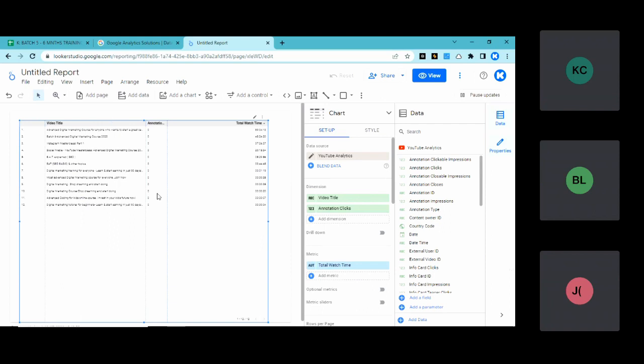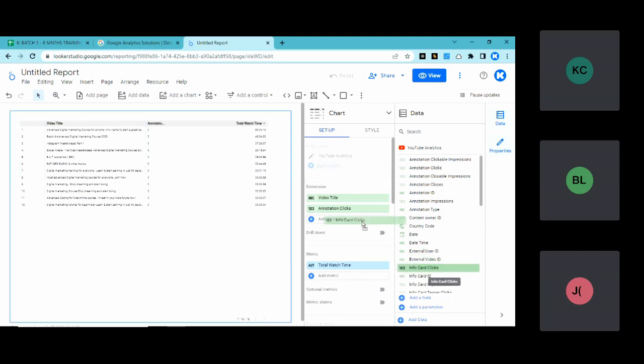Okay, for example, you have a YouTube channel, and you have a website for your own business, you have an Instagram account, you have Facebook. You want to get all the data from there. You want to see how many people have actually clicked on your post, how many people liked it, how many people shared it. What is the country code, what's the date and time, what is the external ID, external video ID, info card clicks. Okay, when you add info card clicks,